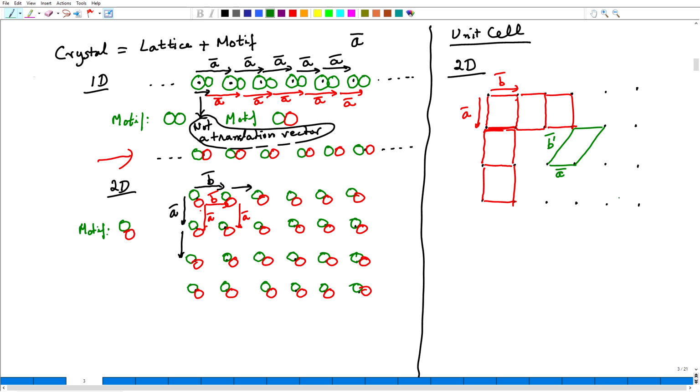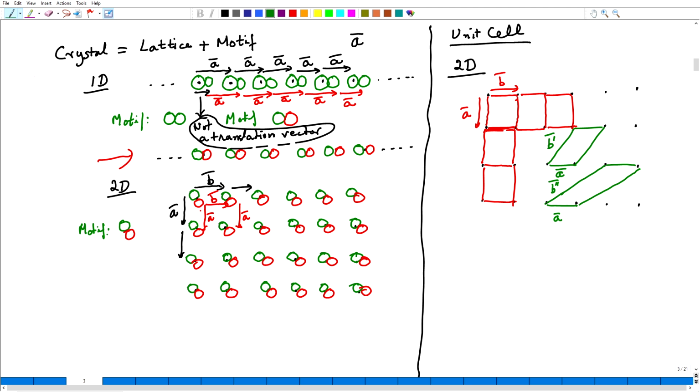For example, I can have a unit cell in this manner. Again, this is A, and this translation along this direction is B double prime. So, I have these different unit cells that are coming up, but when you translate it by the translations A or B prime or A and B double prime in the three different cases, I will end up generating the